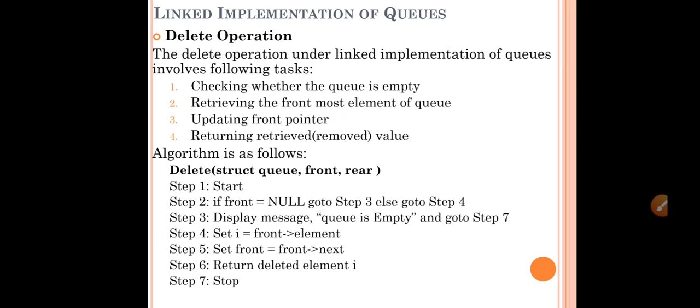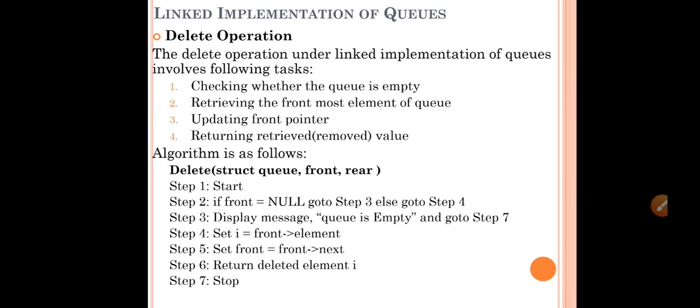So next we see the delete operation: checking whether the queue is empty, retrieving the frontmost element of the queue, updating the front pointer, returning the retrieved value. Okay, so the algorithm of delete is step 1 start, step 2 if front equal to null, go to step 3. Step 3 is display the queue is empty. If the front of the queue is not null, meaning front is not equal to null, go to step 4,